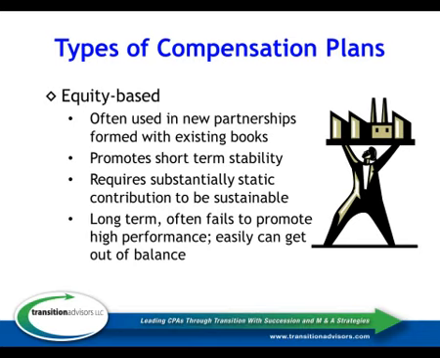So it's rare that equity-based would be strictly how all dollars are allocated, unless the equity is somewhat equal. But where we find equity-based systems emerging is usually because a firm has come together with existing books of business. One partner brings in a $500,000 book of business, another brings in a $750,000 book of business, and another brings in a $300,000 book of business, and between those partners that feels like, well, that's a good way to assess contribution to the profit pool. So we'll just allocate it.